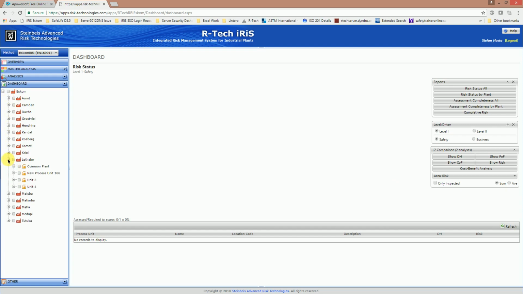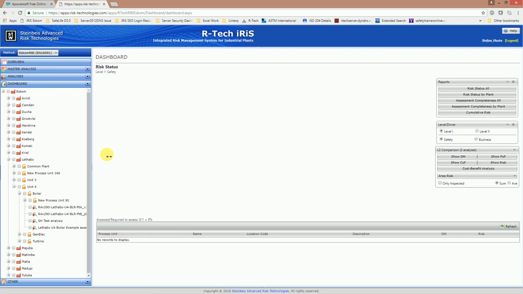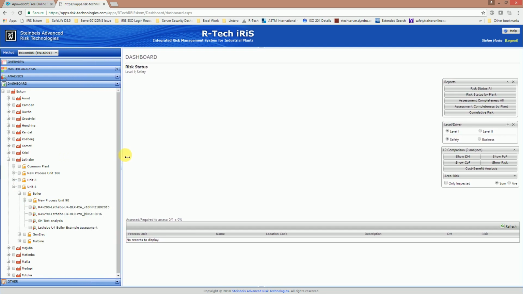So if we expand Letabo again, and Unit 4, and Boiler in this instance, you have on the one side the option to select one or multiple datasets by checking next to the appropriate name. Now, an important point here is, in order to display these general reports, these reports are pulling their information from the master analysis, from